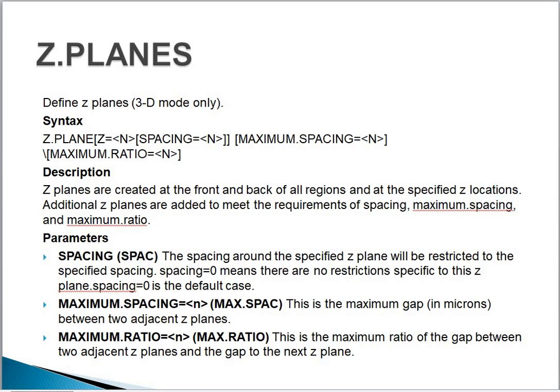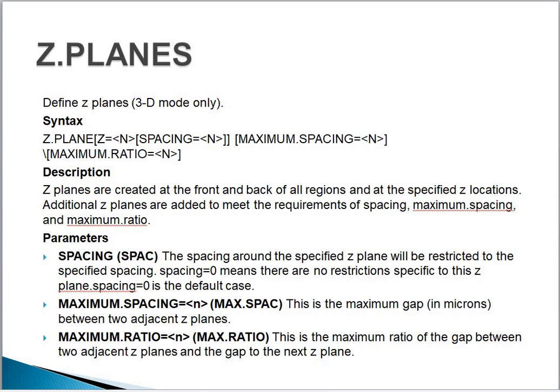Parameters. Spacing. The spacing around the specified Z-plane will be restricted to the specified spacing. Spacing 0 means there are no restrictions specified for this Z-plane. Dot meshing 0 is the default case. Maximum spacing. This is the maximum gap in microns between two adjacent Z-planes. Maximum dot ratio. This is the maximum ratio of the gap between two adjacent Z-planes and the gap of